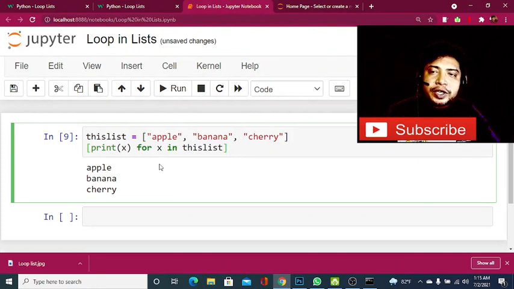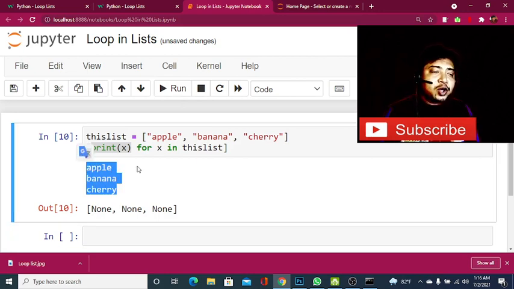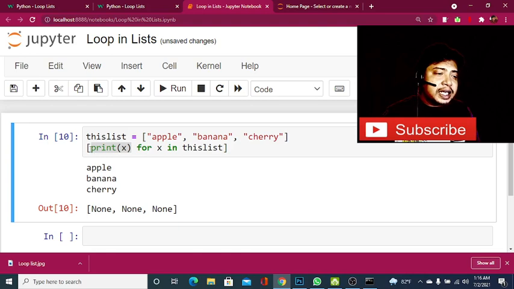So while we are moving through the comprehension, what we can see here is a list of a fruits bucket and print x. So I am asking the compiler to print x for x in the list, so that every time the loop runs, x will be printed. You see, the same thing is happening. So this is the smart way, the comprehension, where the syntax is this one, and the condition will be enclosed with square brackets.